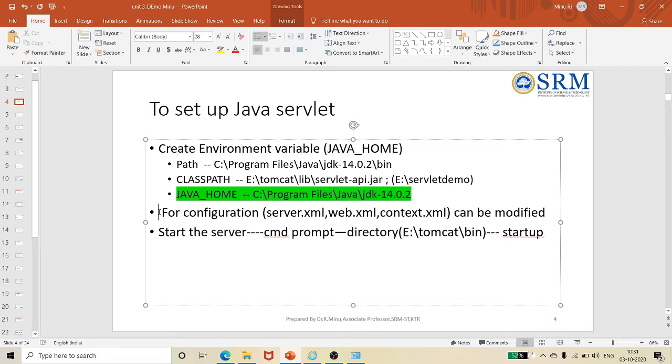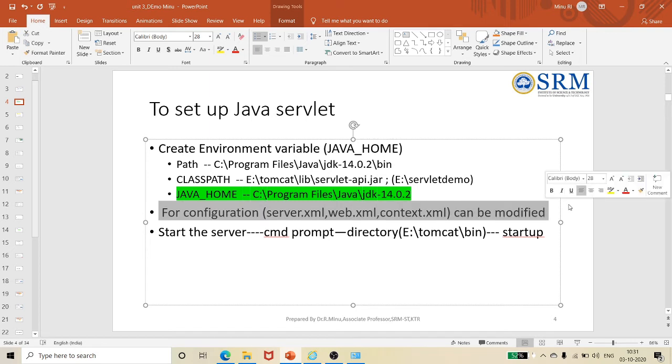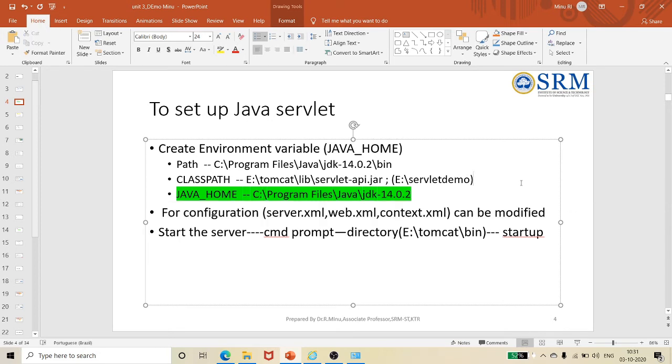If you are going for very high configuration, we will modify server.xml, web.xml and context.xml, and run it. You do not need to worry about this right now, because we are not going to do any big work over here. We are just going to install our servlet and start it.